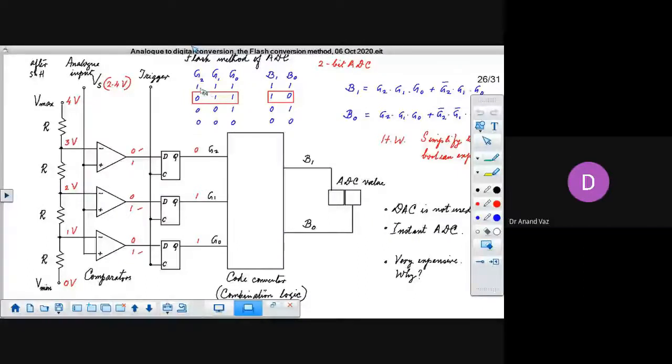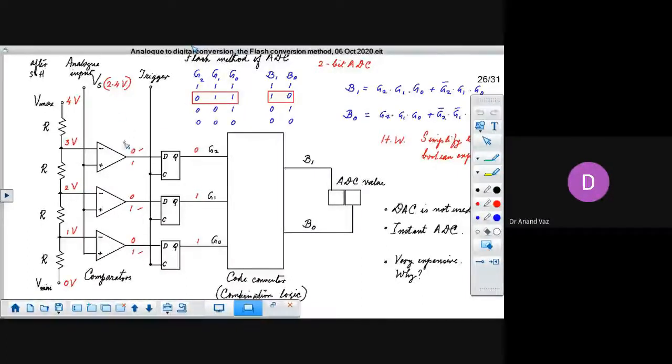So you get something like a triangular pattern over here. You can see that if it is in this range between 0 and 1 volts, as in this example, then you get a particular bit combination, 000. If it is between 1 and 2, you get 001. Between 2 and 3, you get 011, and between 3 and 4, you get 111. So this pattern goes on building up like this. You can go on adding more and more